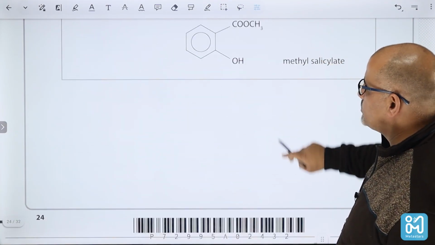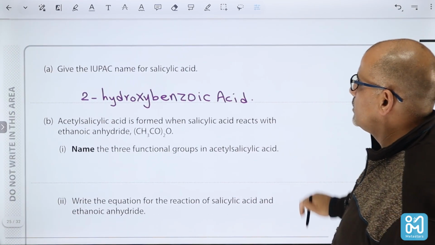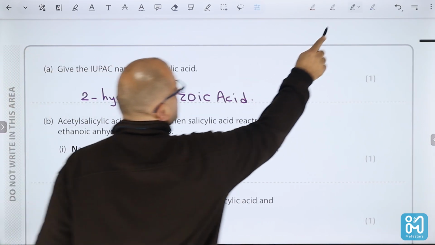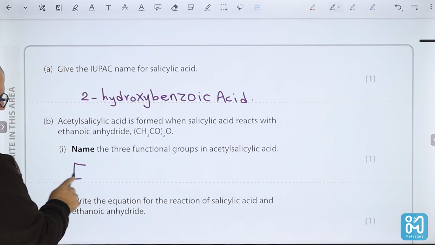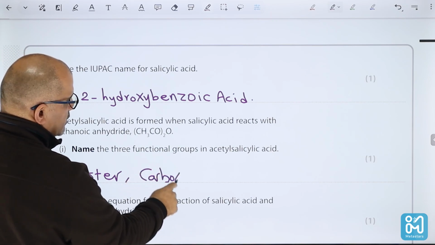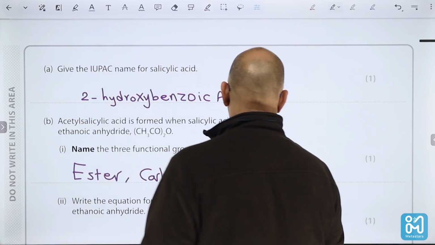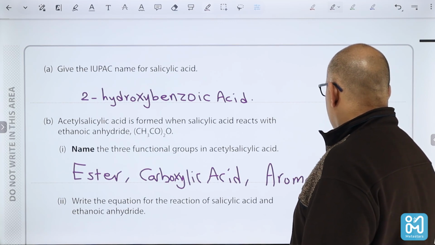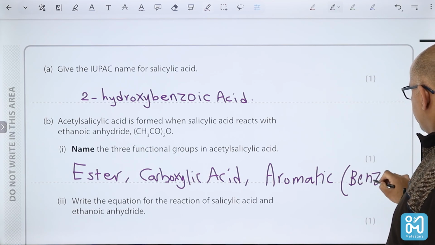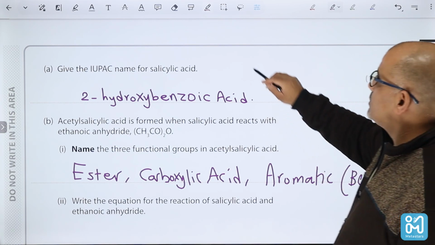So the 3 functional groups of this are the following. You have the ester group, the carboxylic acid, and the aromatic or benzene ring. Okay. The next one